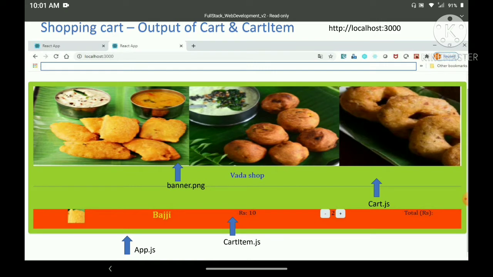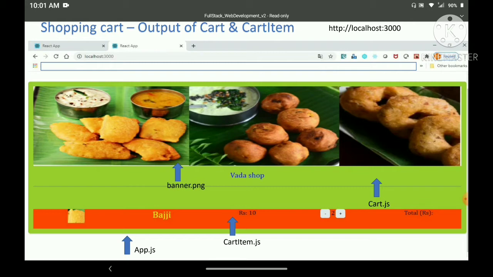So if you see, in the red color background the cart item is there. The first one is the image of that item, and the text of the item is budgie, and the rate I also mentioned: rupees 10. And I have the minus and plus buttons. If you click that plus or minus button, it will increase the number of items, because in shopping cart sites, if you want to order a number of items, you need to click the plus and minus buttons. So it will either increase the number of items or decrease the quantity, right?